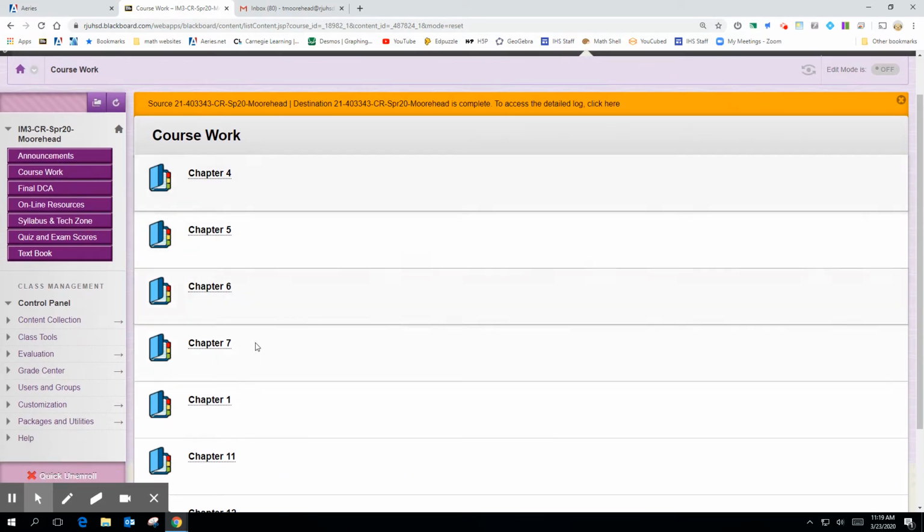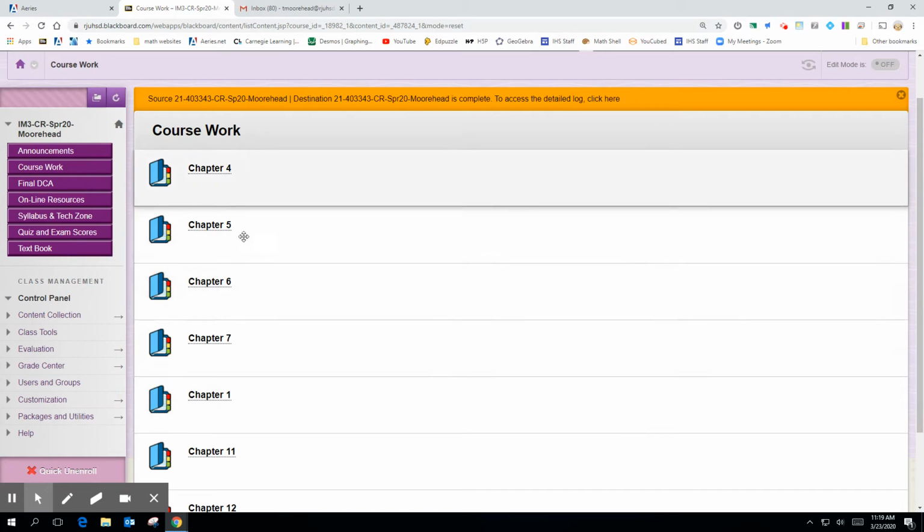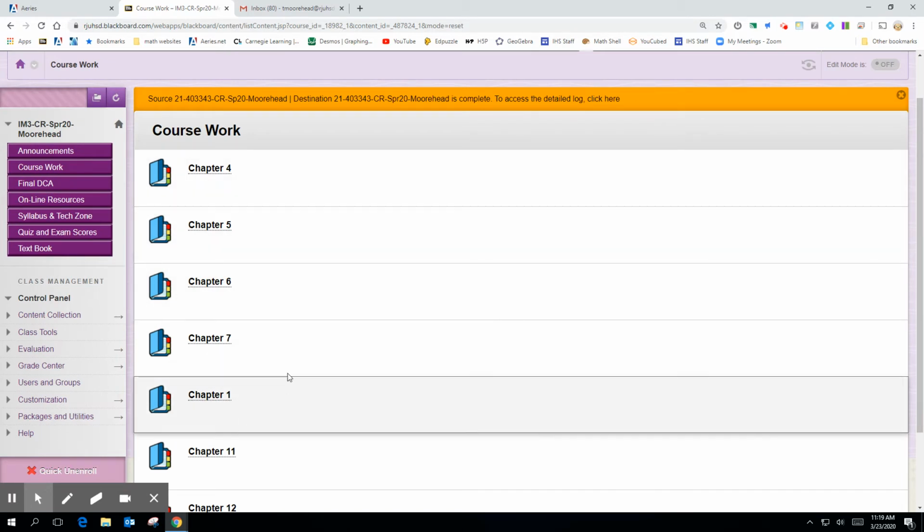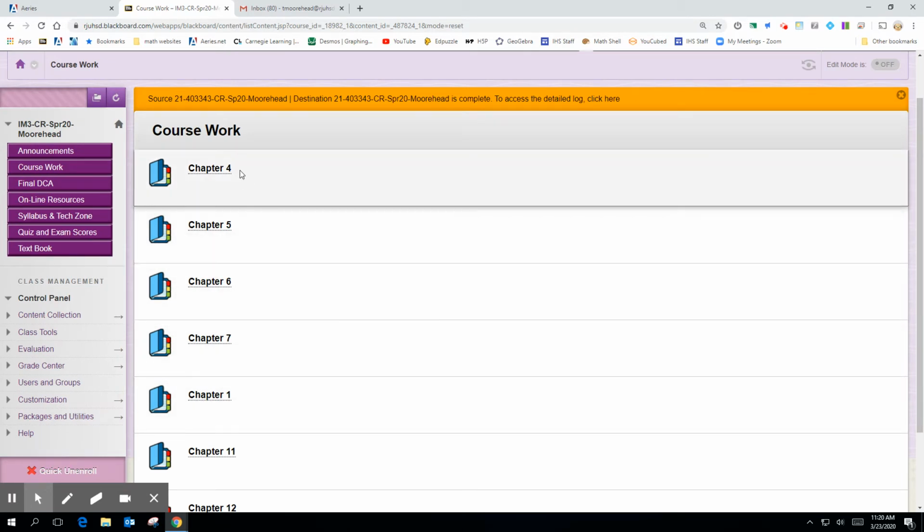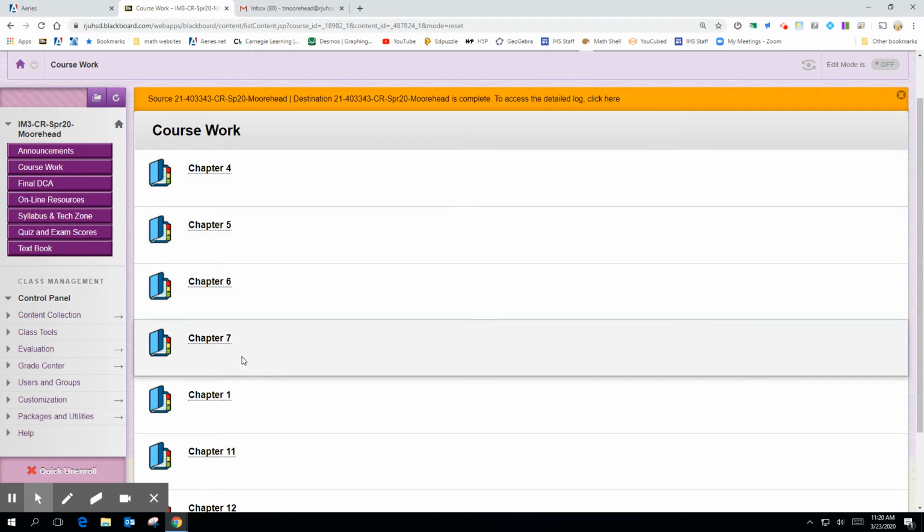And you'll see these chapters. If you need all 10 credits, then you would obviously start at the beginning and work your way to the end. So you have these chapters to go through. If you need the first 5 credits, you would do chapters 4, 5, 6, and 7. And then after 7, there's a midterm, and I'll show you where that is.